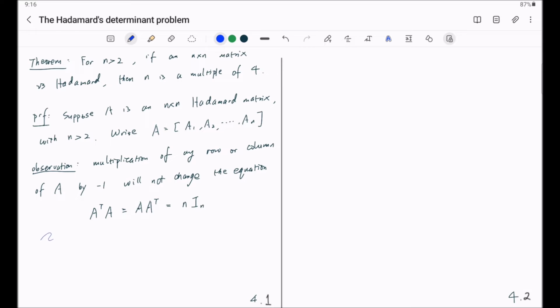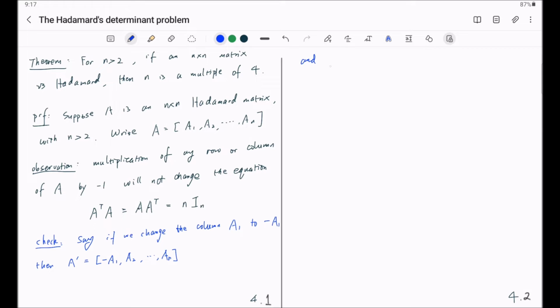This is easy to check. Say, if we change the column A1 to negative A1, then the resulting matrix A' is [-A1, A2, all the way to An],